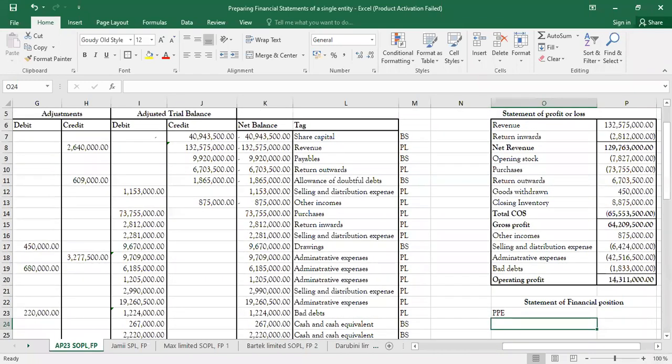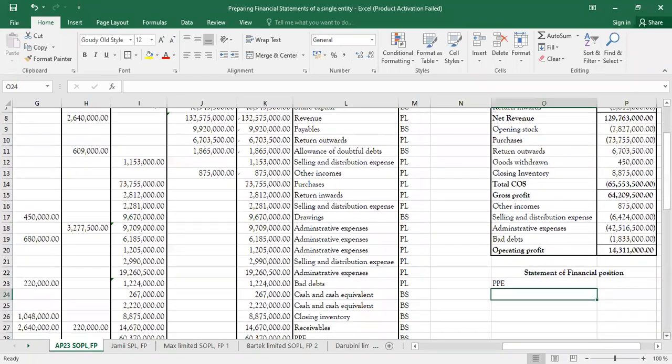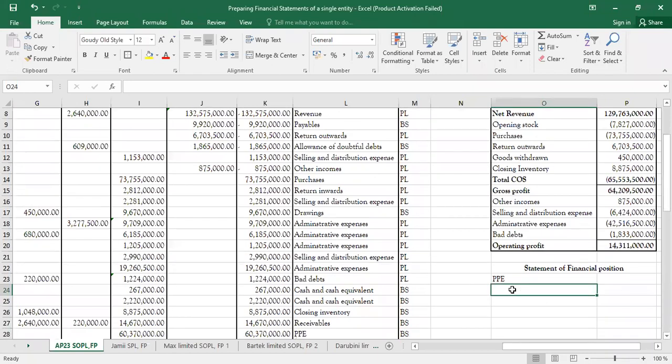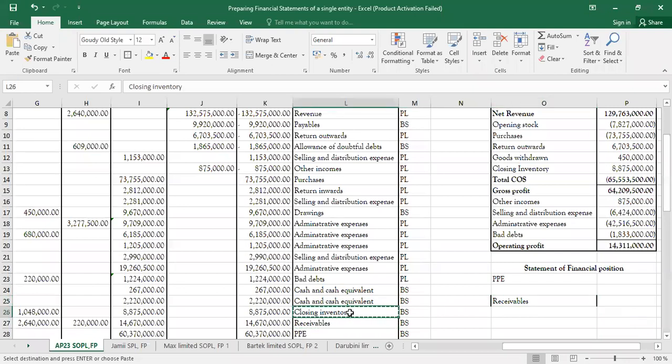We'll go to current assets. So our current assets, maybe I skip a line, isn't it? Our current assets, we have the receivables. So here, we start with receivables, Control C, Control V. We also have closing inventory, Control C, Control V. We also have cash and cash equivalent, Control C,